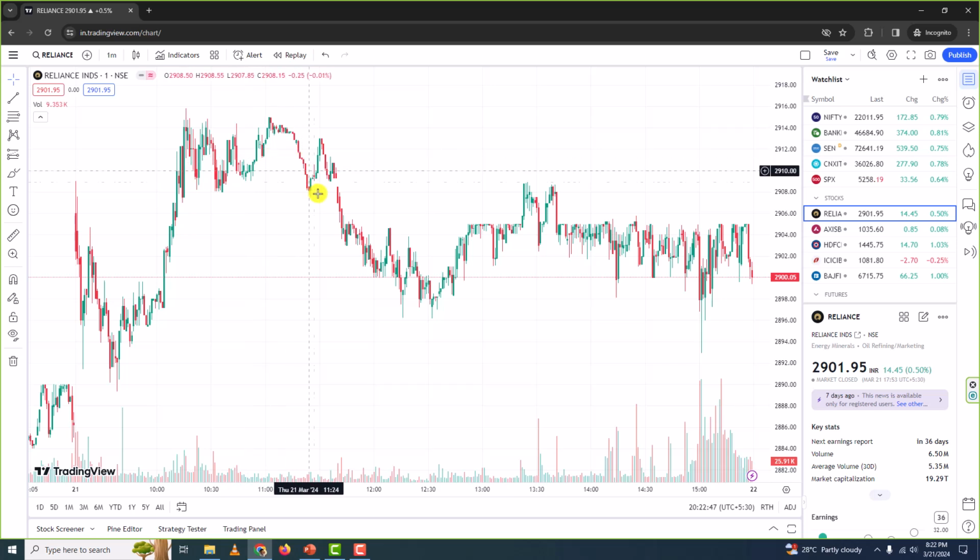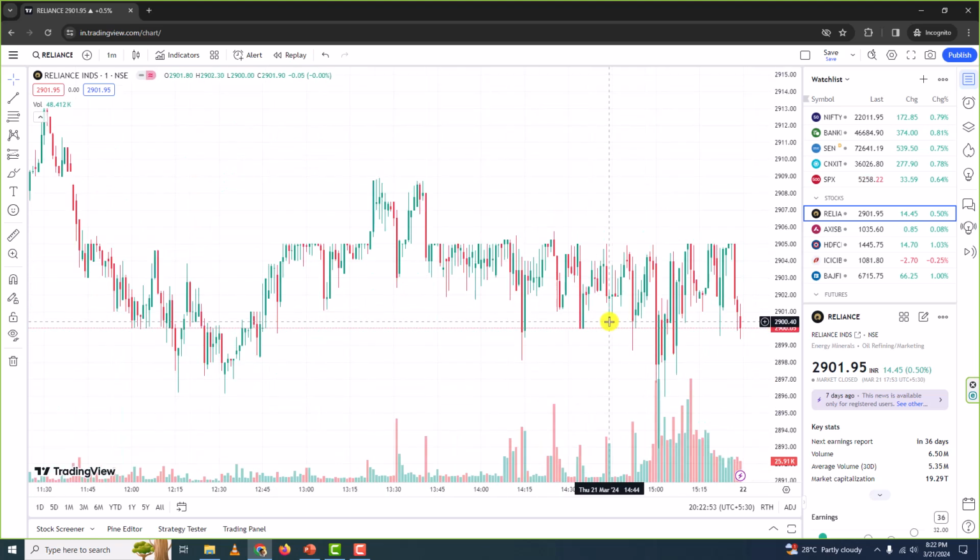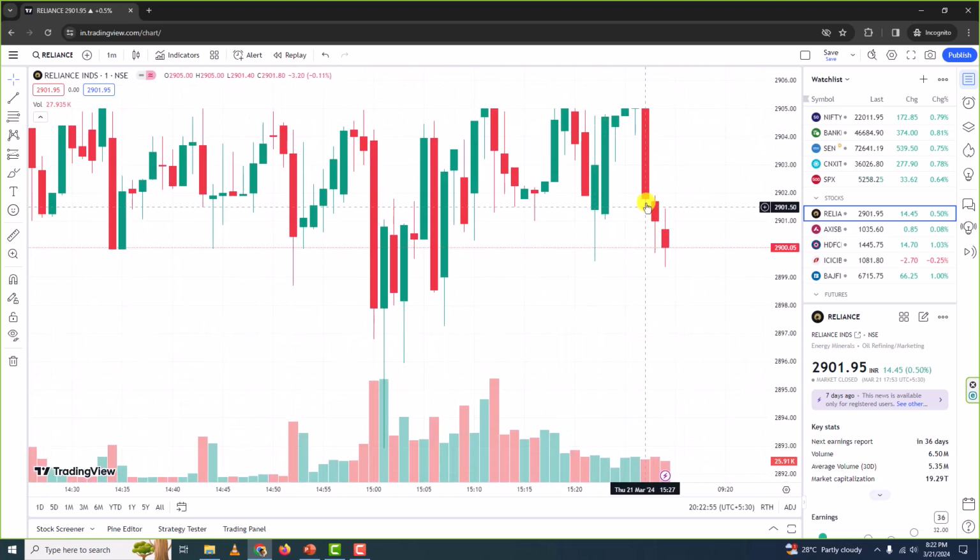All these candlesticks are of 1 minute time duration. Meaning, let me zoom in. This candlestick here represents the movement of price in 1 minute. This candlestick represents the movement of price in 1 minute, and so on. Now, which minute is that? Which time is it? Let me move my mouse over this candlestick and you can see the duration here.